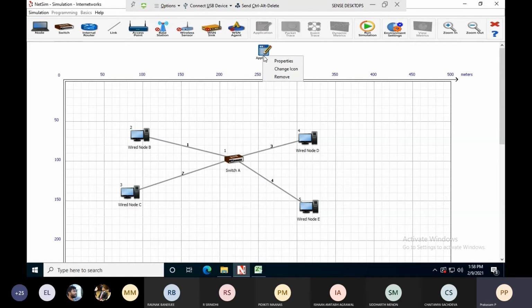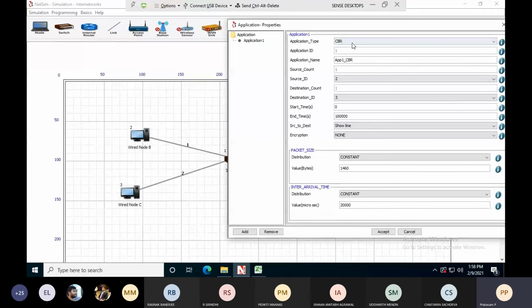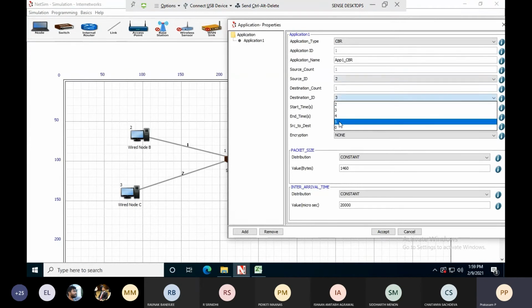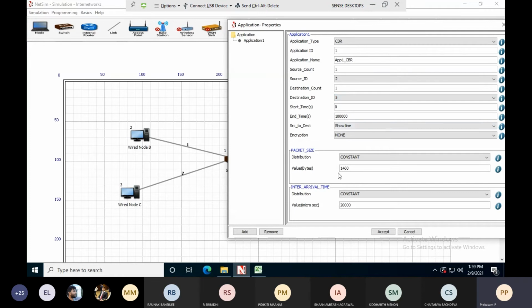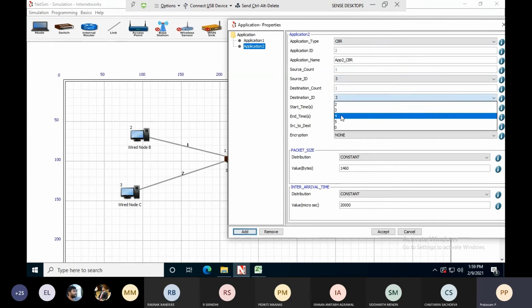Right click application, go to properties, application 1, default CBR, application name is AP1 CBR, source ID is 2, destination there I have selected 5, packet size default 1460, inter arrival time default 20,000 microseconds. I am adding one more application, just click add, application 2, remaining are same, only source ID 3, destination is 4.